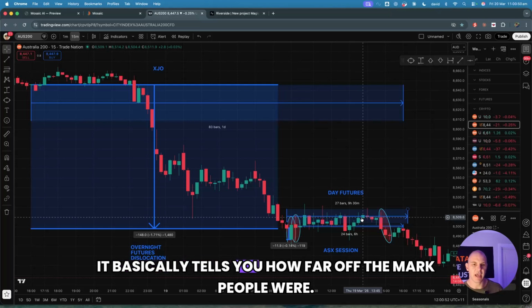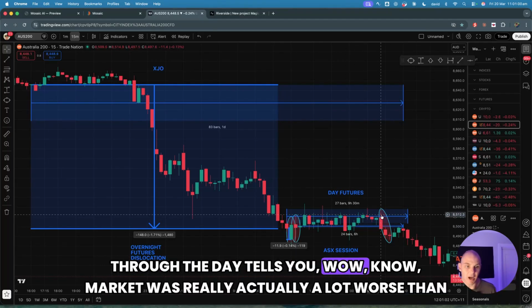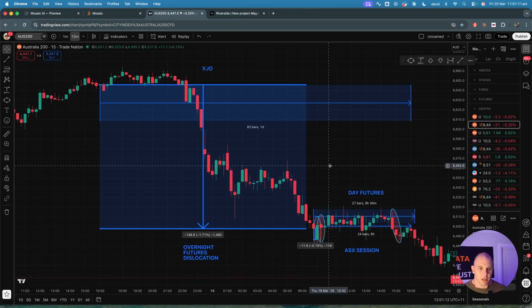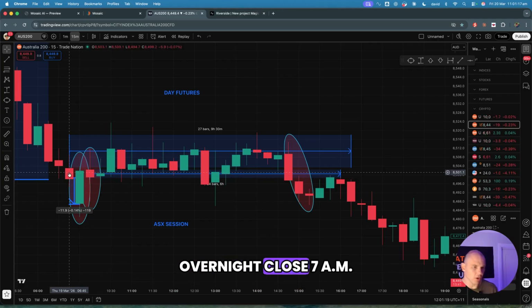It basically tells you how far off the mark people were. Okay, so a big dump on futures through the day tells you, wow, the market was actually a lot worse than what we were expecting. And then that gets you to think, well, why is that? And vice versa. Zooming in a little bit, I've got these on 15-minute candles here, but obviously overnight close, 7